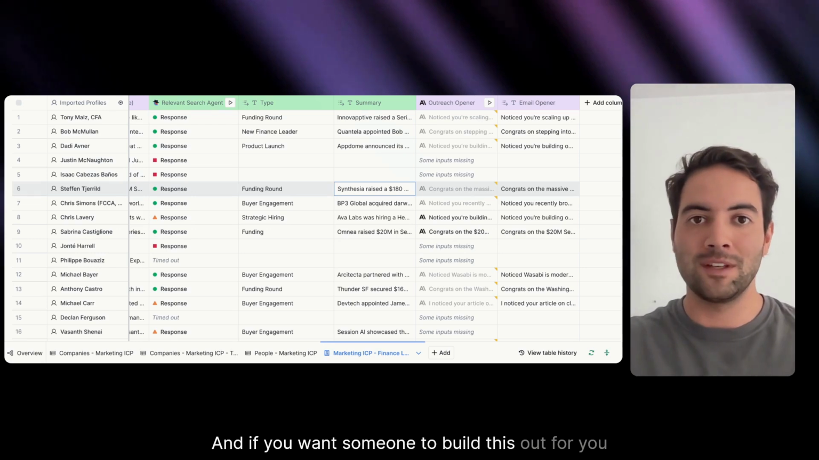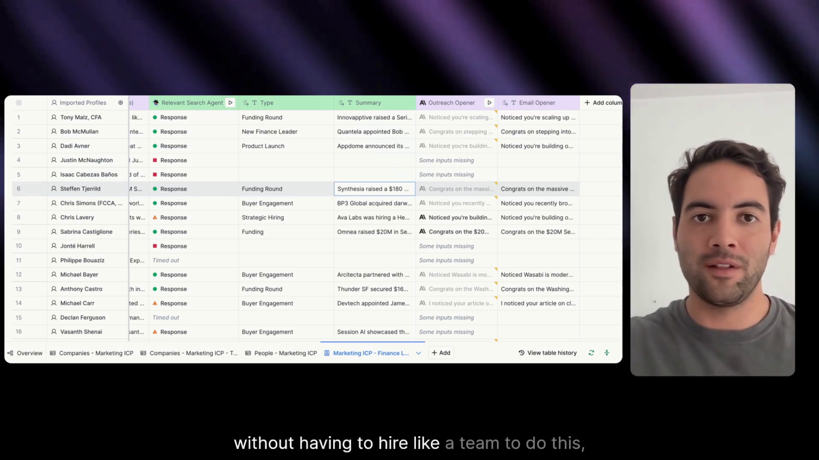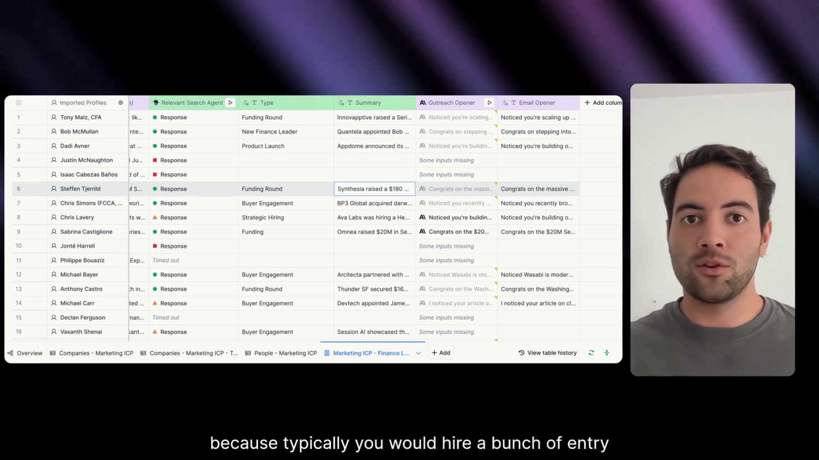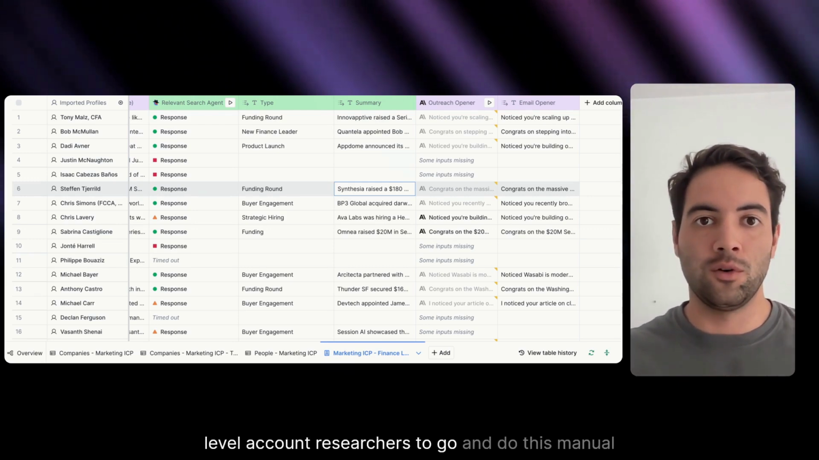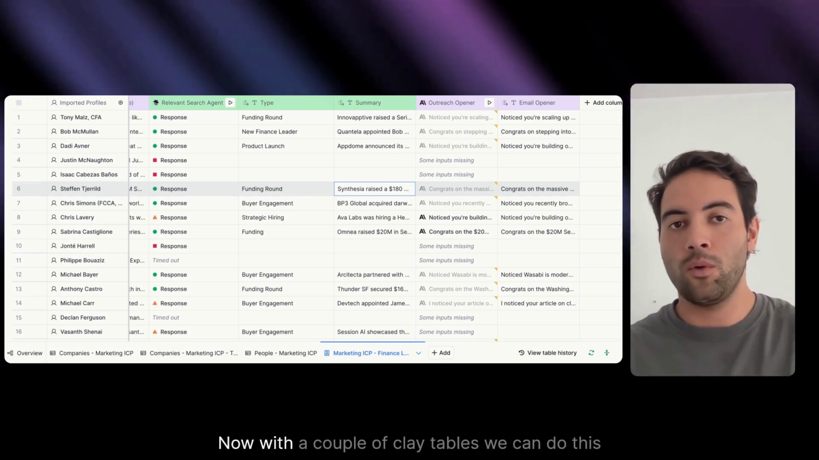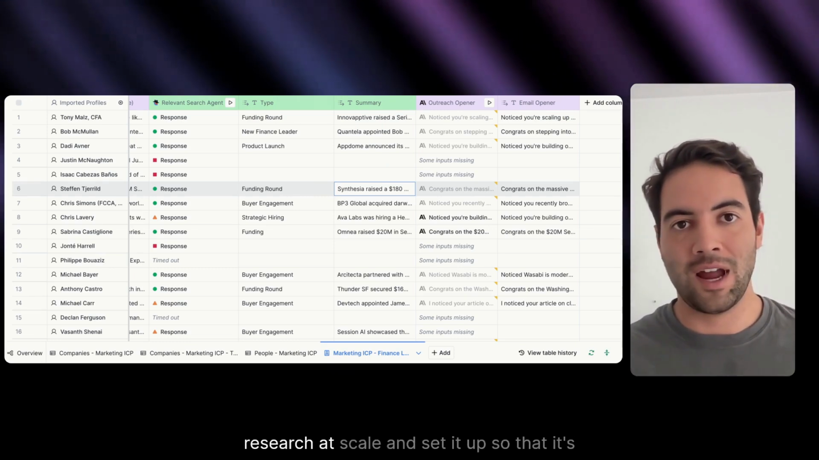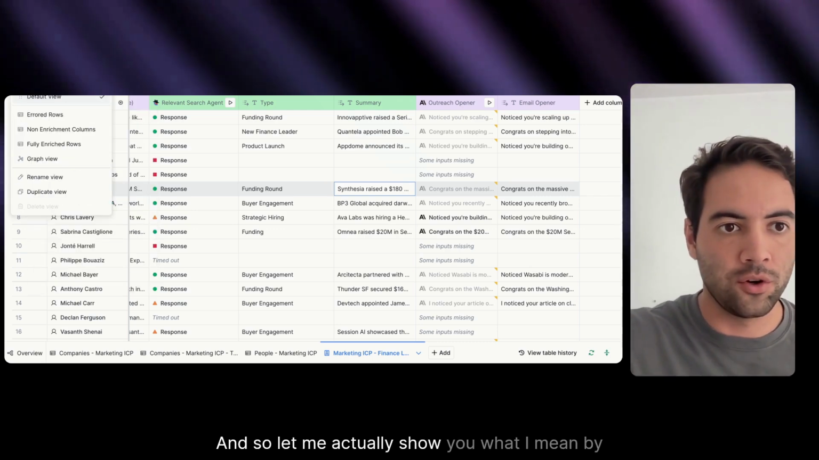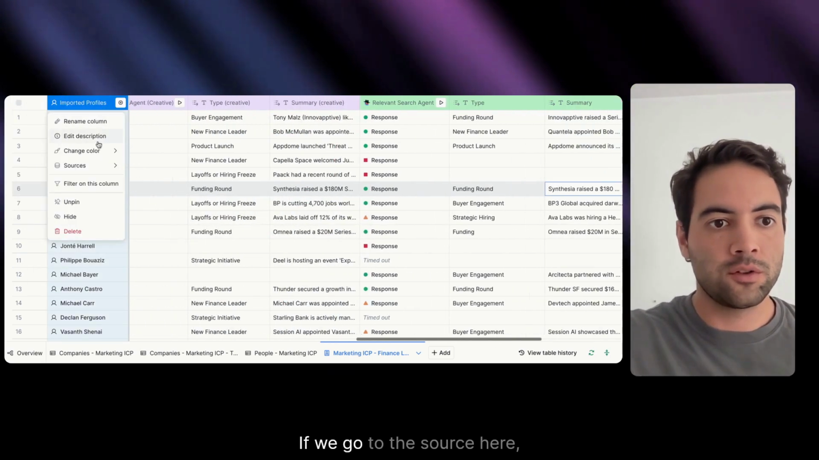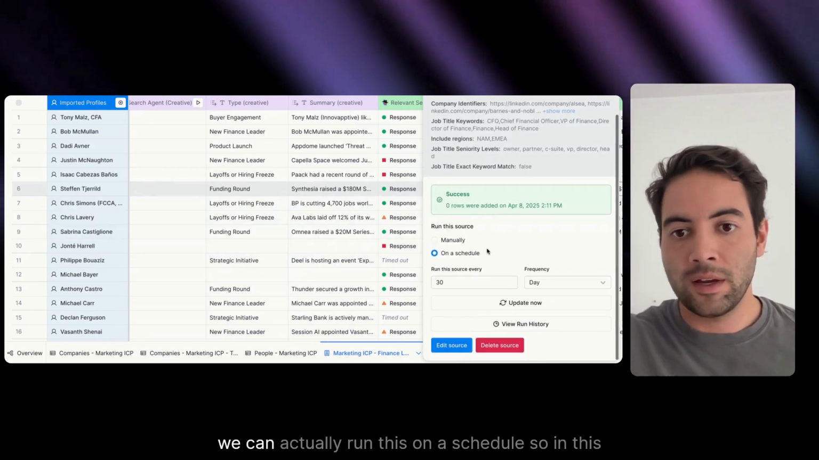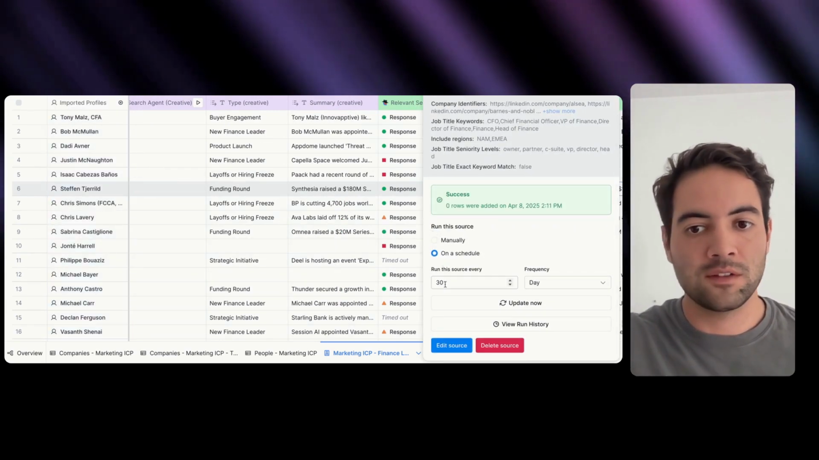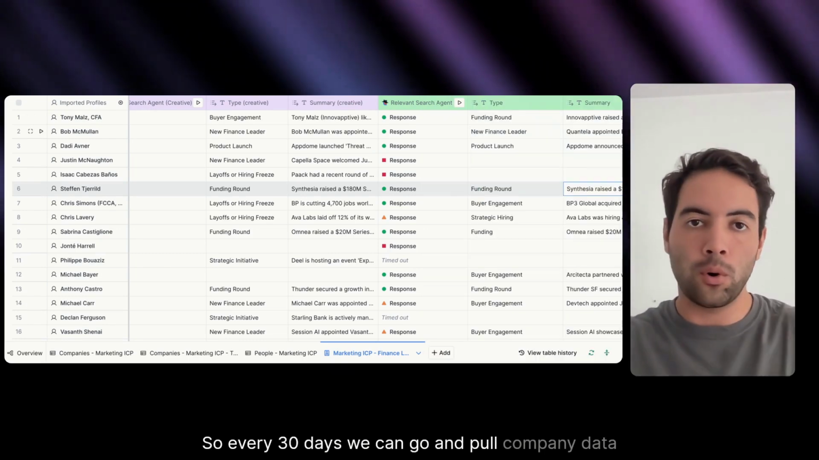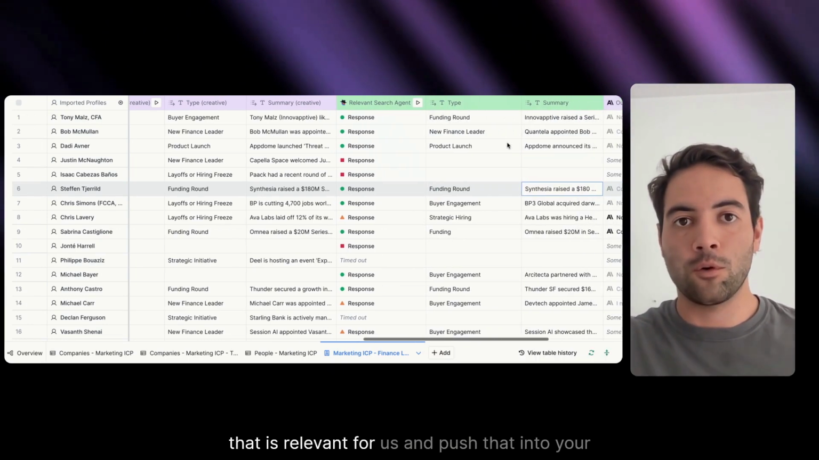And if you want someone to build this out for you without having to hire a team to do this, because typically you would hire a bunch of entry-level account researchers to do this manual research. Now with a couple Clay tables, we can do this research at scale and set it up so that it's dynamic. And so let me actually show you what I mean by that. If we go to the source here, we can actually run this on a schedule. So in this case, we have it running every 30 days. So every 30 days, we can pull company data that is relevant for us and push that into your